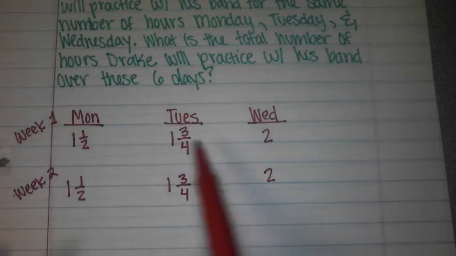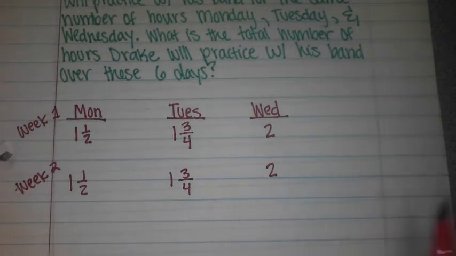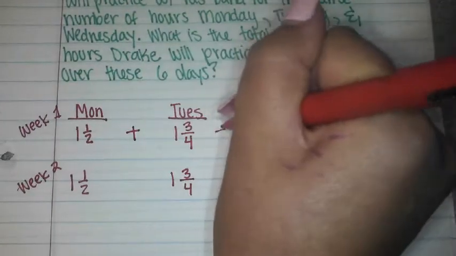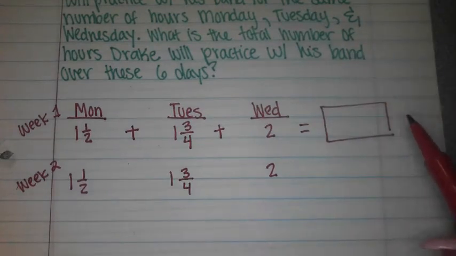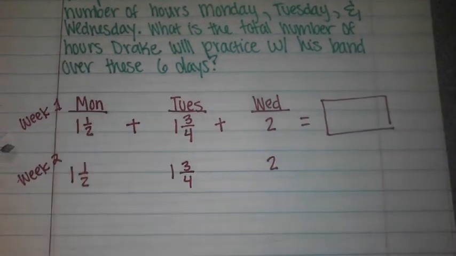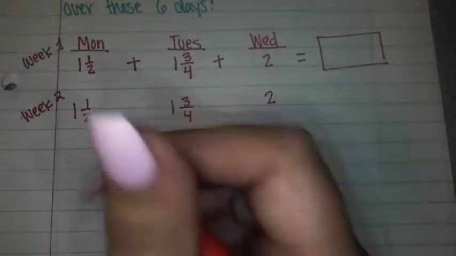So that means I need to add all of these together. What I want to do, though, is just add up week 1. I'm going to get an answer, and then whatever that is, I'm going to multiply it by 2 because that's what he does the second week. So what I'm going to do over here is write 1 1/2, and I'm going to add it